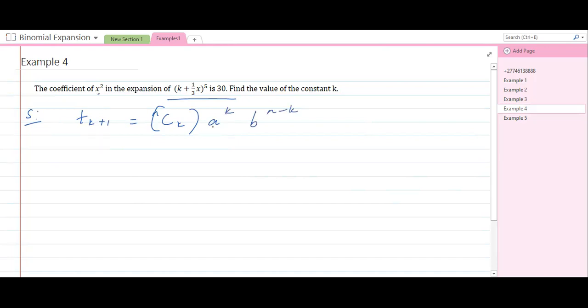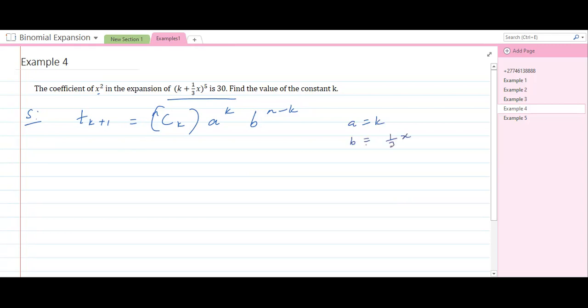Or you can switch the a and the b around. It's the same thing because of the symmetry of Pascal's triangle. Now, we can say that a is equal to k and b is equal to 1 over 3x,